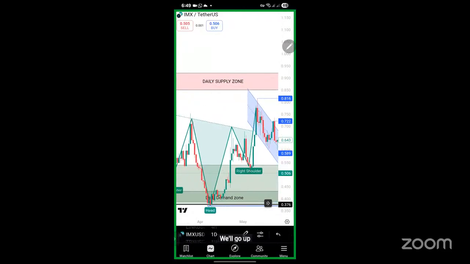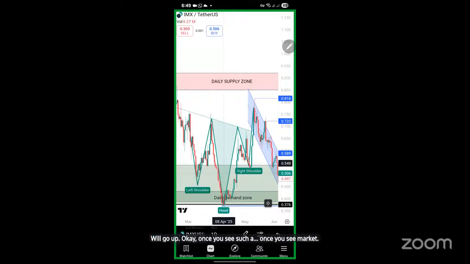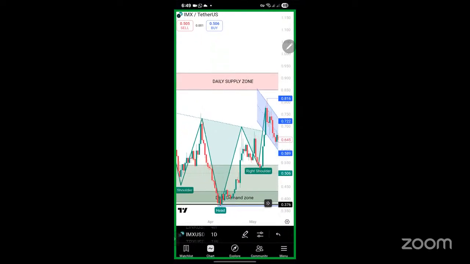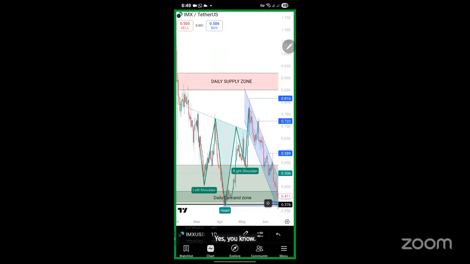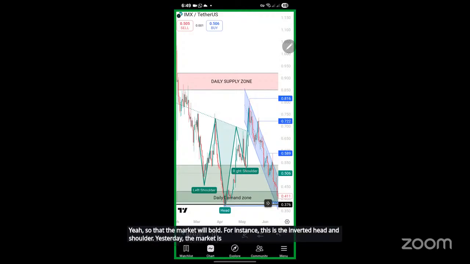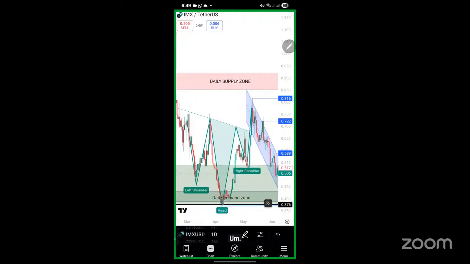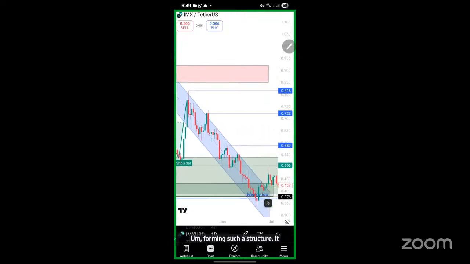Once you see the market forming an inverted head and shoulder, just know that the market will bull. So once you see the inverted head and shoulder, just know the market is bull. Then after the market formed such a structure, it went and started